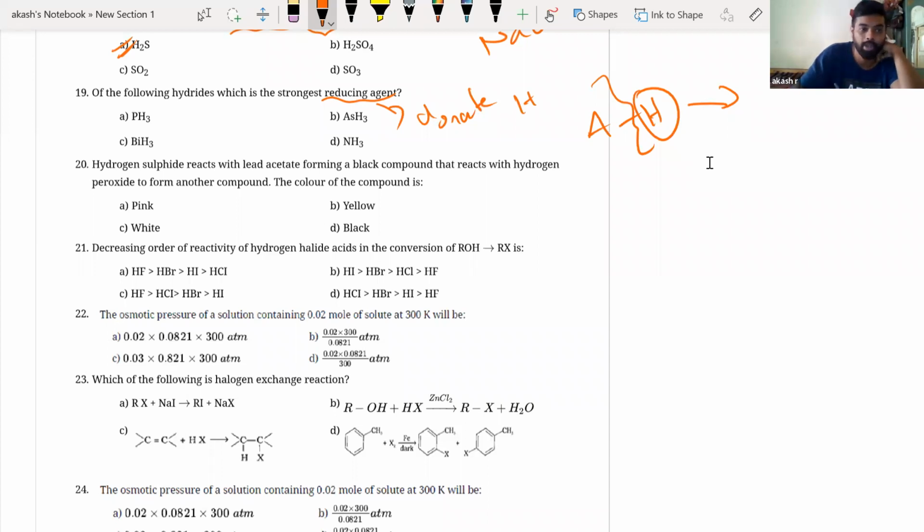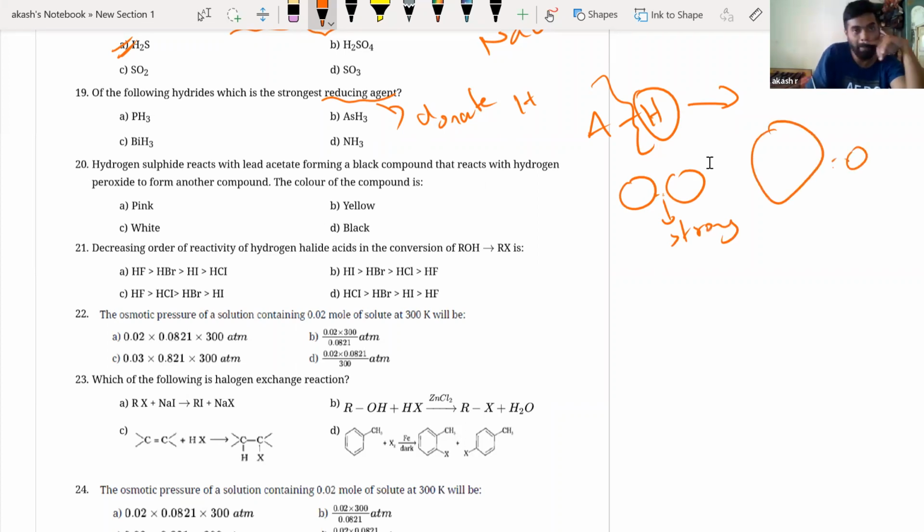I know when I go down the group, the size increases, right? Remember that smaller cation, smaller anion, very strong bond, right? But a big cation or a big anion and a small one, this would be a weak bond. Okay, right? So easily you can say that BiH3, that is the last one, will have the weakest bond, so you can easily break it. Okay, right. Next,